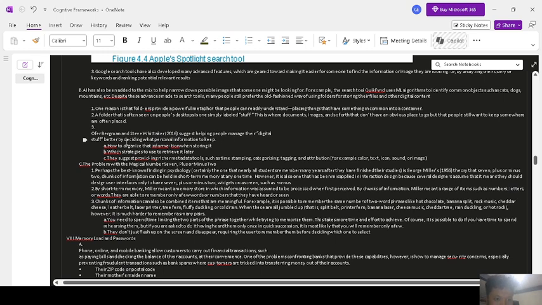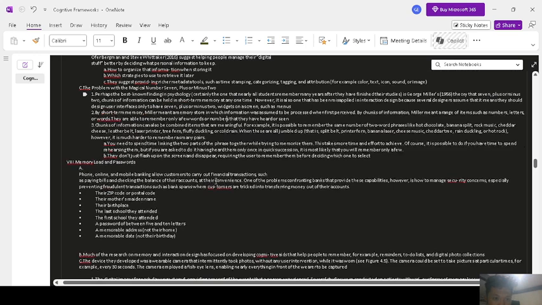Ofer Bergman and Steve Whittaker, 2016, suggest helping people manage their digital stuff better by deciding what personal information to keep, how to organize the information when storing it, and which strategies to use to retrieve it later.